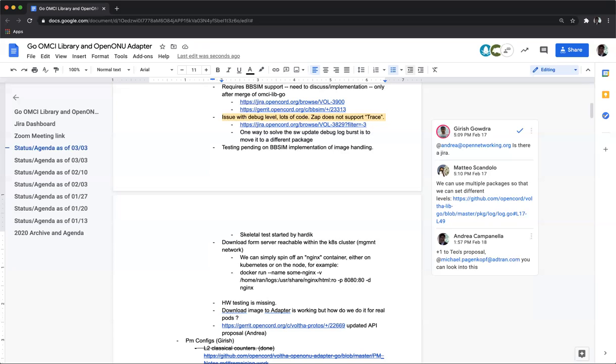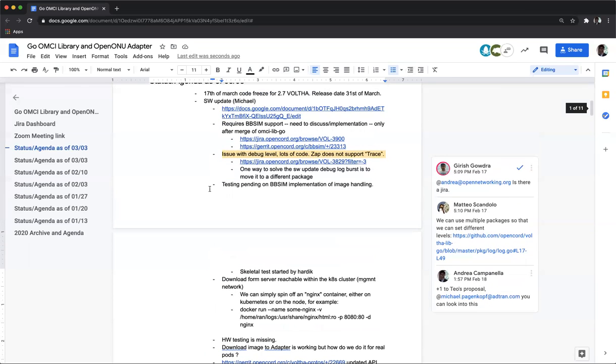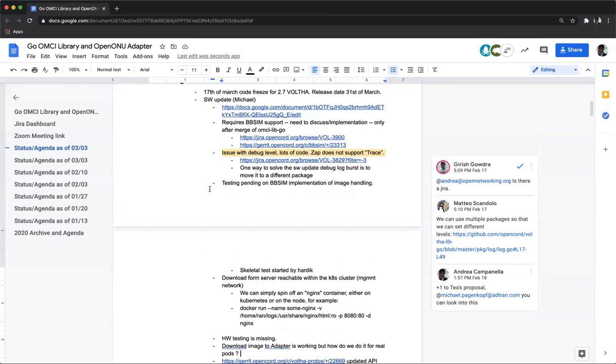So on the BBSIM side, Theo, how are things progressing? I started working on it yesterday. I have a very first implementation that still has some issues that I sent over Slack. I need to look into the code, because I think I'm sending a wrong parameter in the response for the image section upload, to reply with the correct parameter.